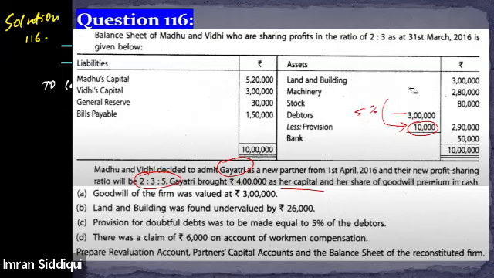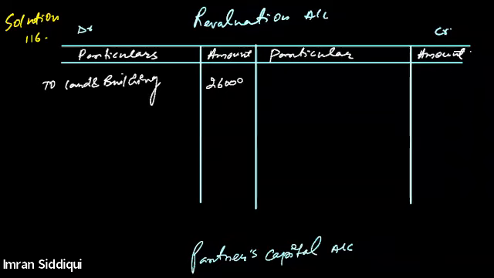We already made a provision of 10,000, but the question requires us to make a provision of 5% of the debtors. So 5% of the debtors stands at 15,000. We already made a provision of 10,000. So we need to increase the provision by how much? By 5,000 more. So that means the revaluation account will be debited by 5,000 only. So write down to provision for